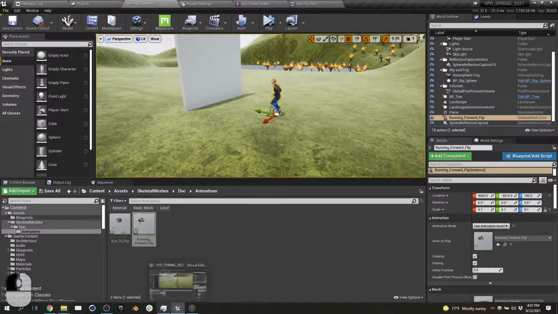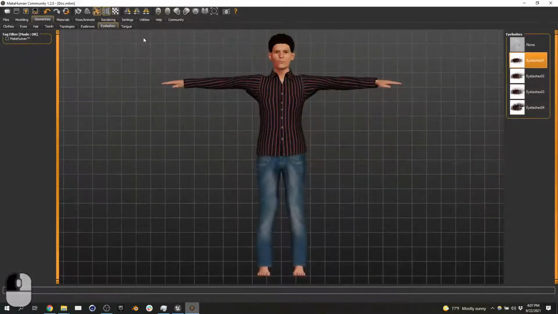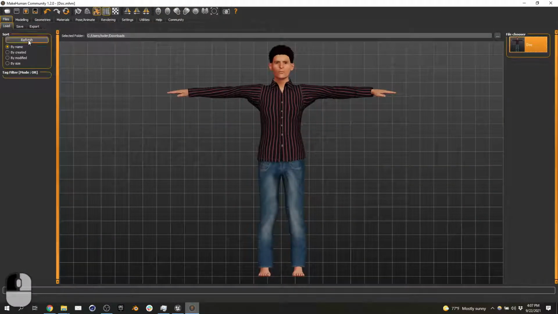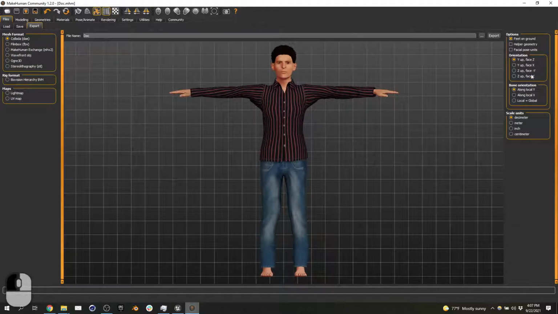So Make Human has its own units when you export. I'm going to say export, and I could choose decimeter, meter, inch, or centimeter. I could have chosen a different thing there. I could have rescaled it in Blender. There's lots of opportunities, but now that we've created a character that's too large in Mixamo, we should